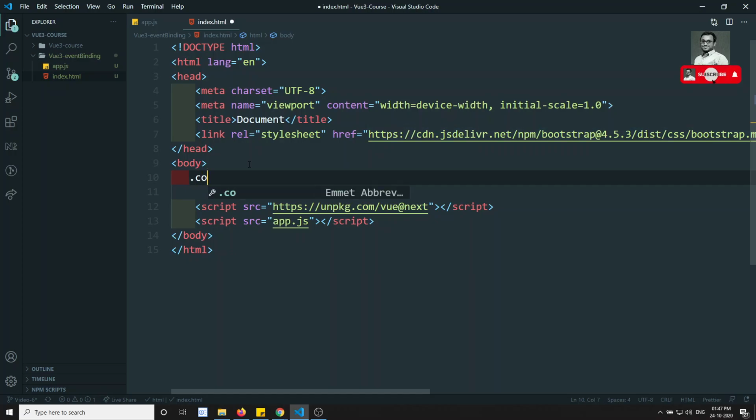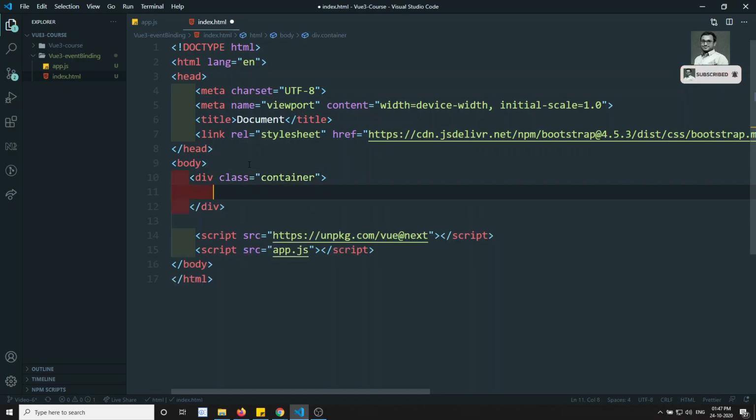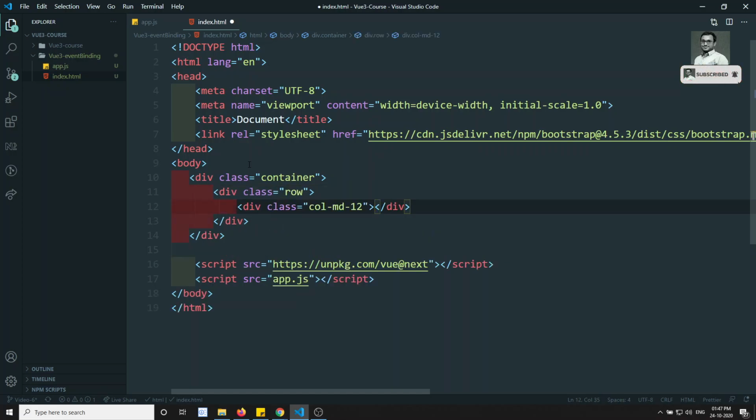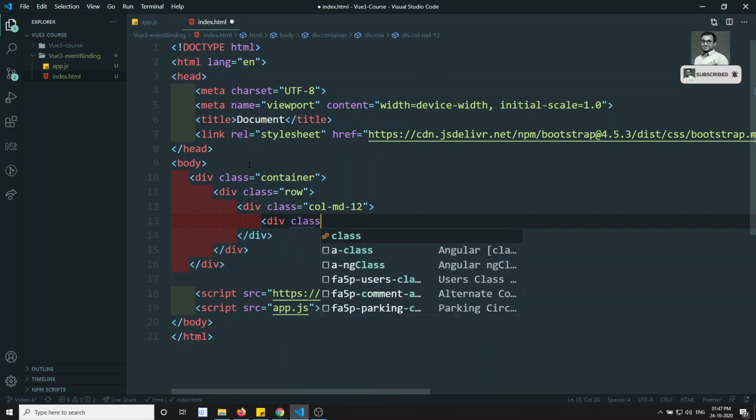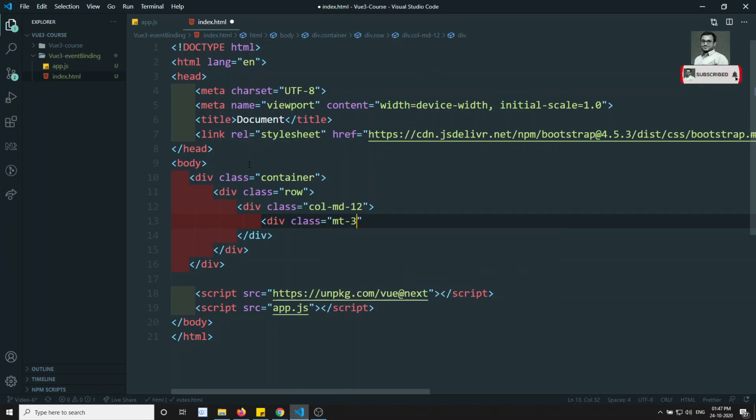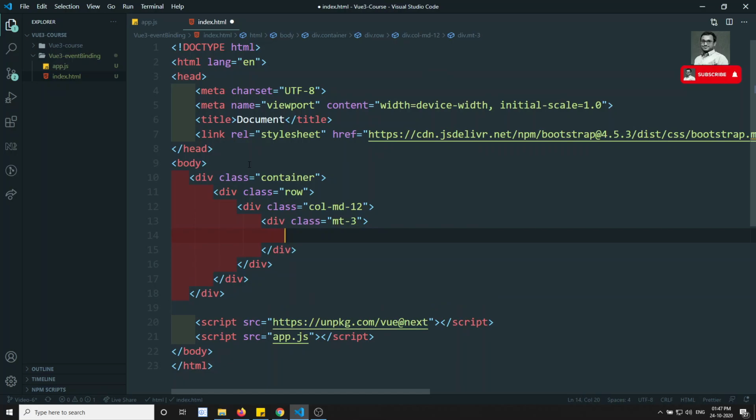What I will try to do here is create a container, and have a col-md-12. Now I will create two buttons. I will take class equal to mt-3, just applying some margin top, and create two buttons.